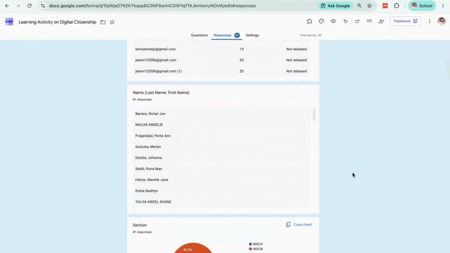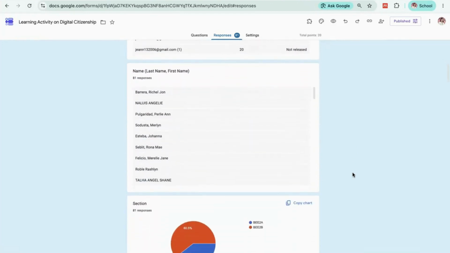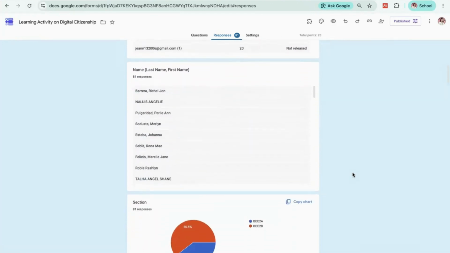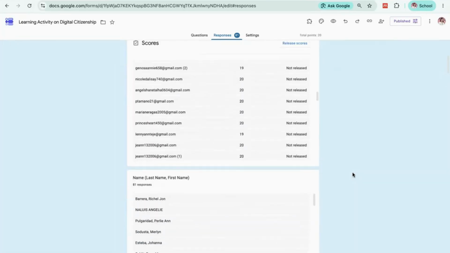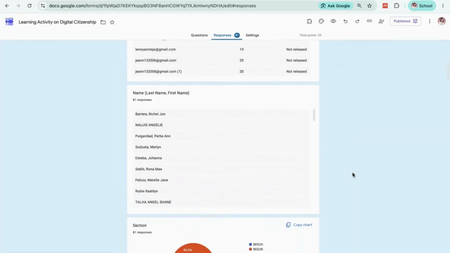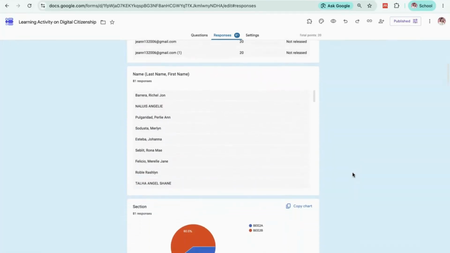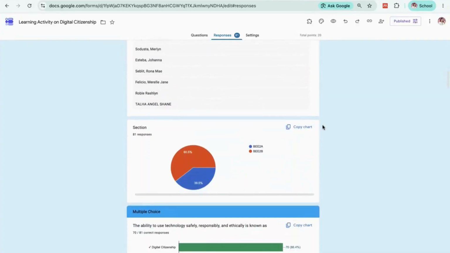So let's move down to see the rest of the content of the responses tab. You can also see the details of the data that you have collected in the form, like the name. This is the first item, and then the section.